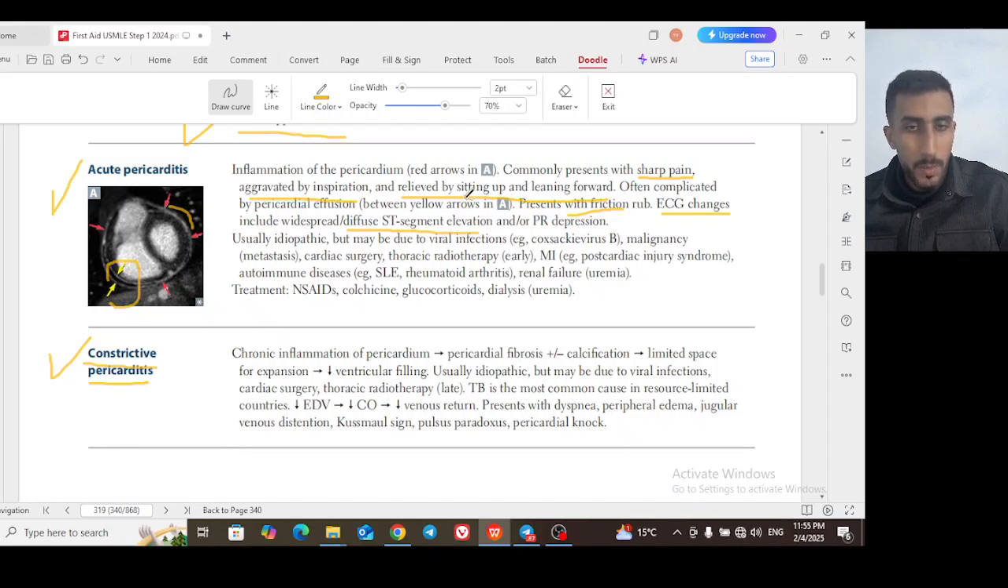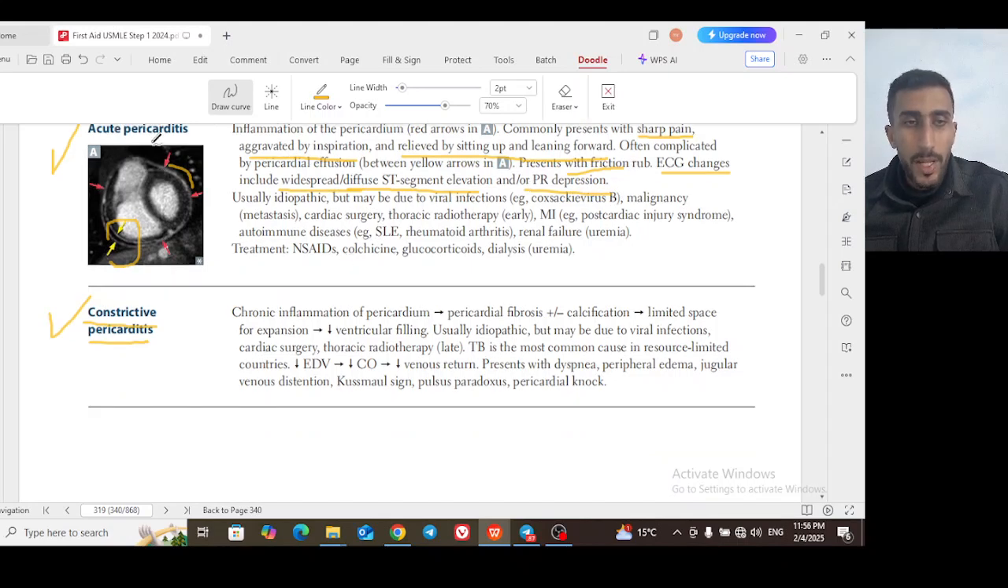MI, also STEMI, will have ST elevation, but the ST elevation for STEMI occurs in a specific region. You may have inferior STEMI, anterior STEMI, lateral STEMI, but here just widespread or diffuse ST segment elevation on all of the leads, and PR depression. This is a very characteristic ECG picture for acute pericarditis, and usually the cause is idiopathic, the most common cause of pericarditis, but